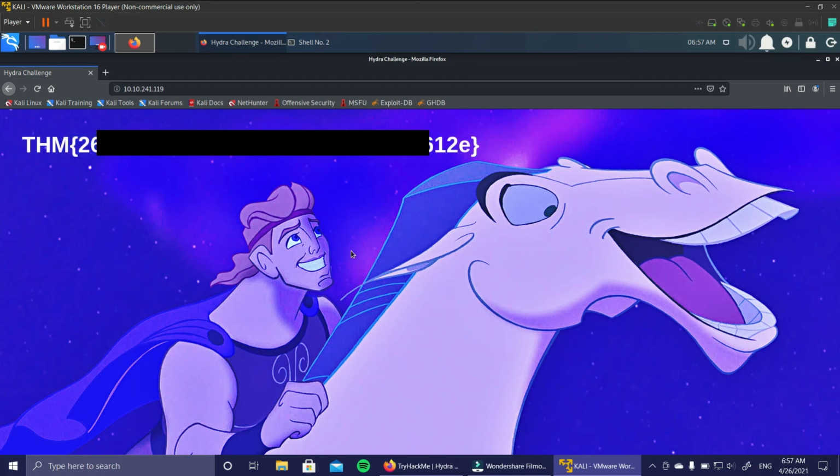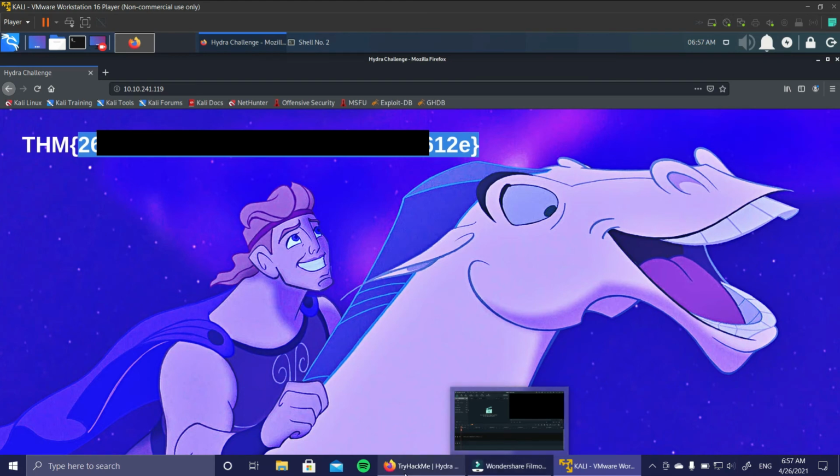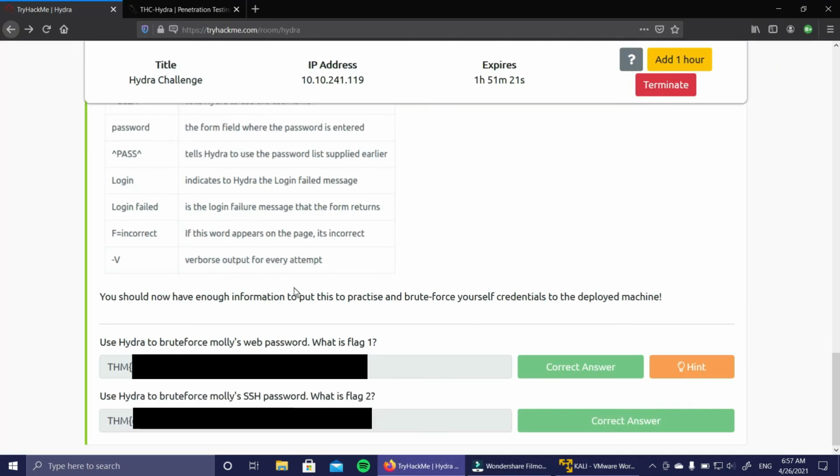So this is the flag, and we have cracked the password. This is a pretty simple password. Sometimes system administrators do set up these simple passwords, they don't need to use complex passwords in internal links. So yeah, this can be really handy, this Hydra tool and this rockyou.txt file. Now the first flag we found.